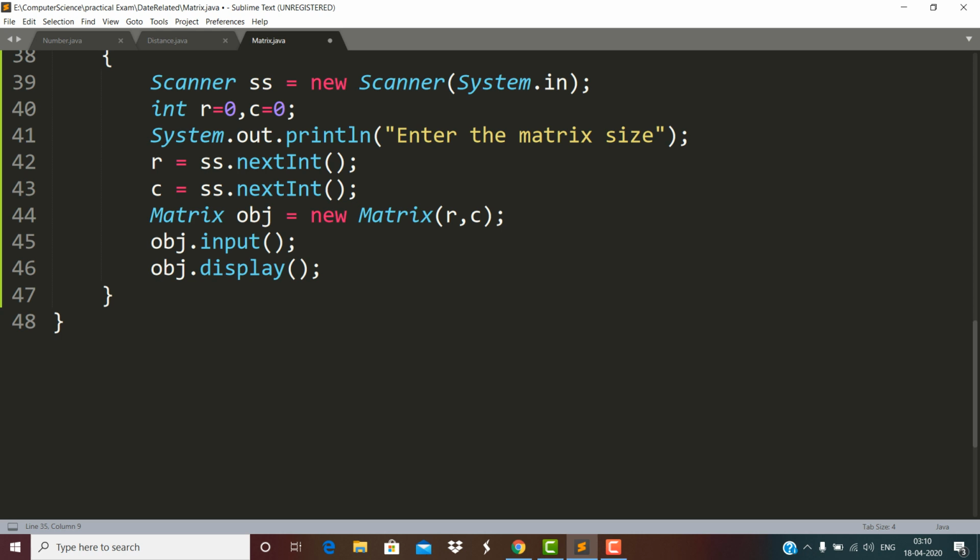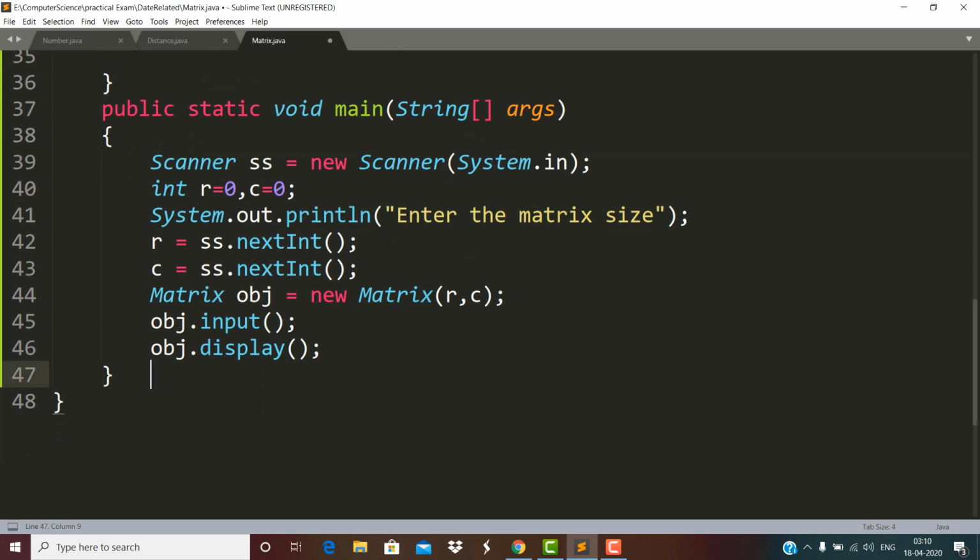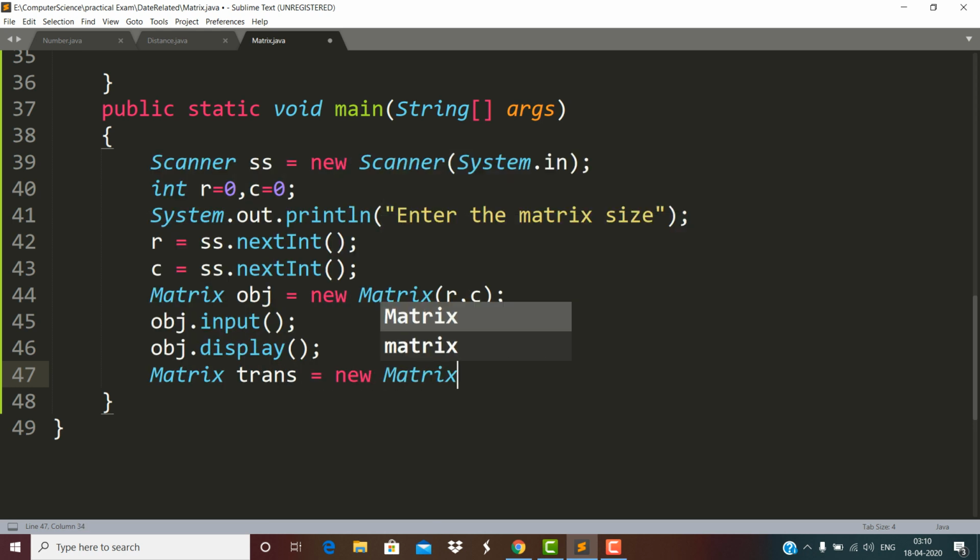So now here I'm going to create one more object which is Matrix trans = new Matrix, and in transpose row becomes column and column becomes row.